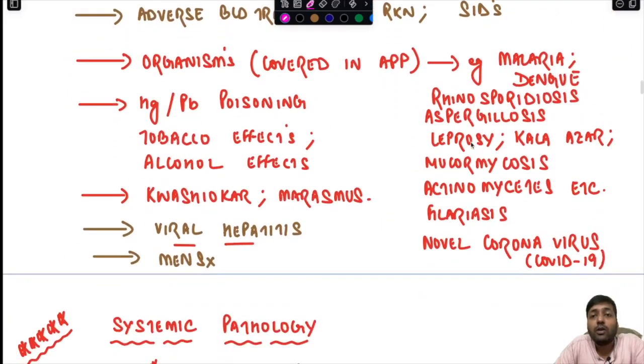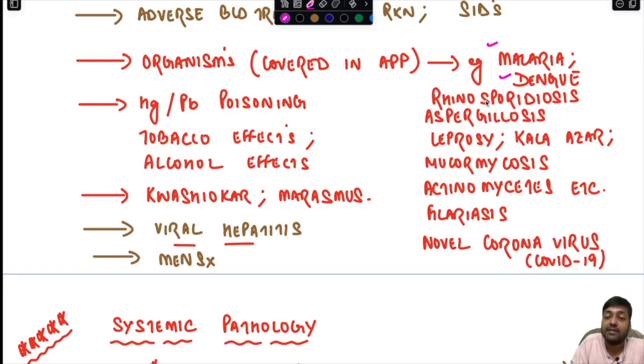Then we have also covered a special section on organisms, and trust me, organisms are asked, and the beauty of organisms is that they can be asked in any of the papers. Organisms can be asked in paper 4, paper 3, paper 2, and tissue processing also can be asked anywhere. So which organisms are very important: lab diagnosis of malaria, dengue, rhinosporidiosis, aspergillosis, leprosy, Kala Azar, mucormycosis,